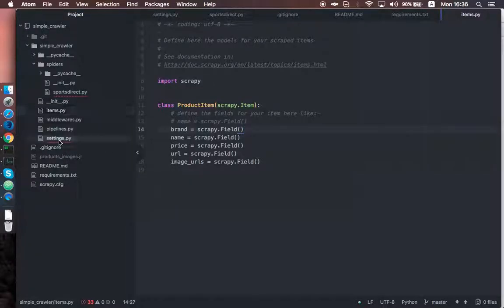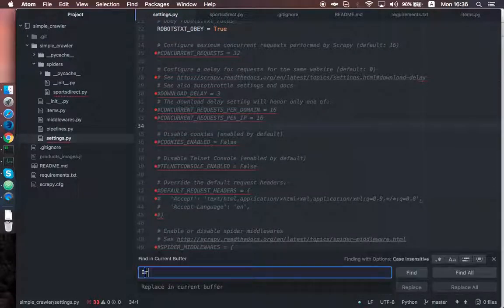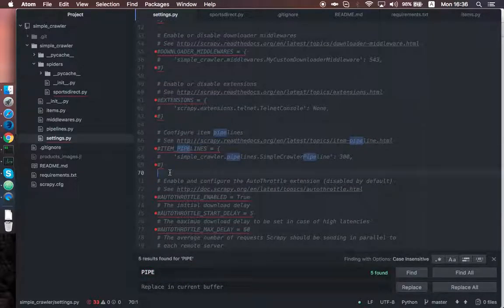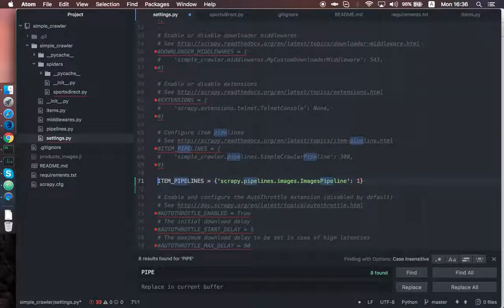So here is settings.py, and actually there is already a commented out pipeline configuration here, ITEM_PIPELINES. This is just an example, we don't need it. And this will inject the images pipeline into our pipeline processing. The number here means priority, and it's used to order which pipeline will run before or after the next one. Since we have only one, the number really doesn't matter. So after we save, if we run the spider,